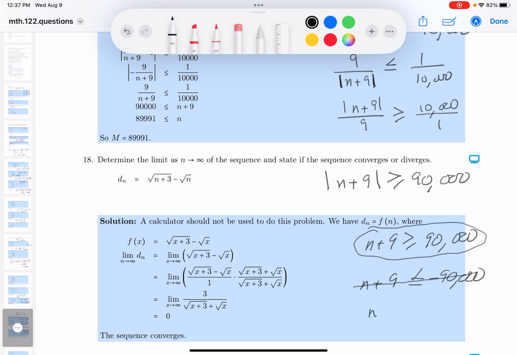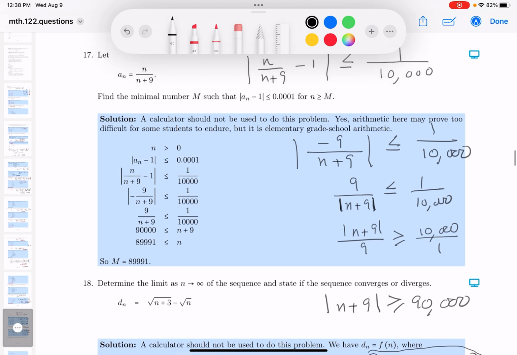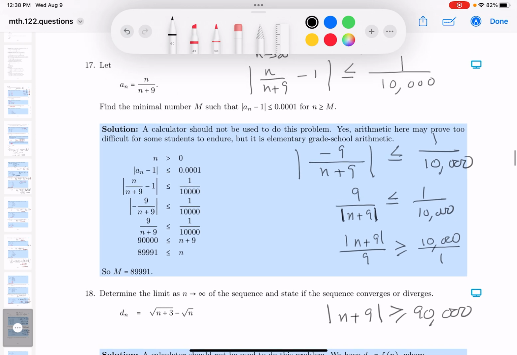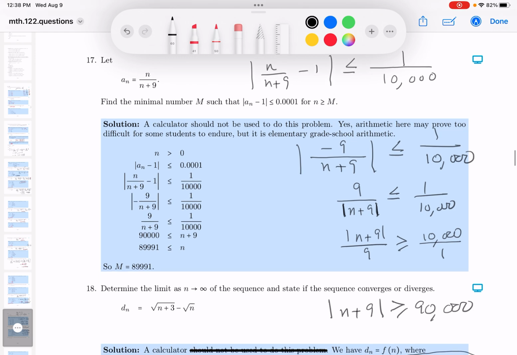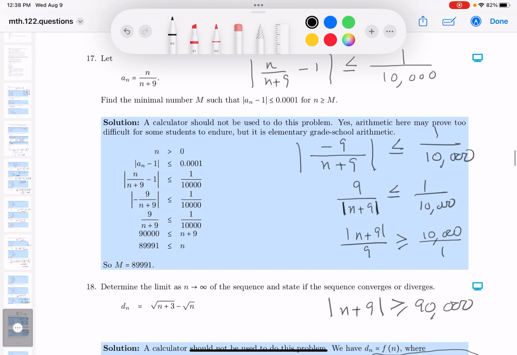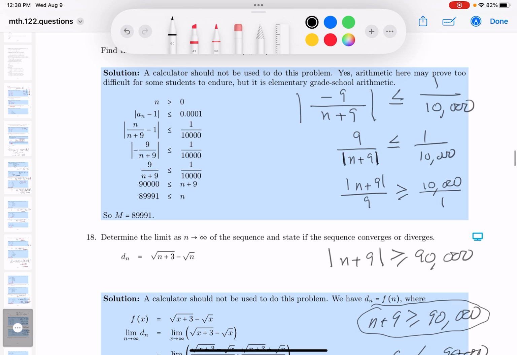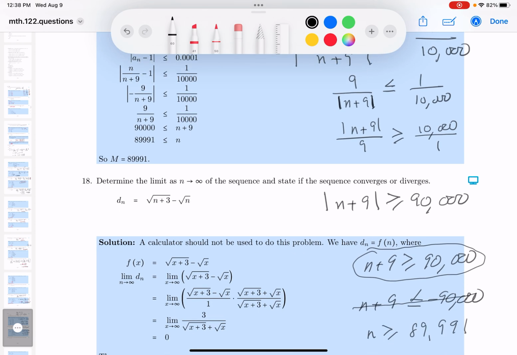I subtract 9 from both sides, right? So what do you get? 89,991. All right, let's go back to the question. And it says find the minimal number m such that n is greater than or equal to that. We got that part covered. What's the n going to be? Well, the minimal number is this one over here. That's it,